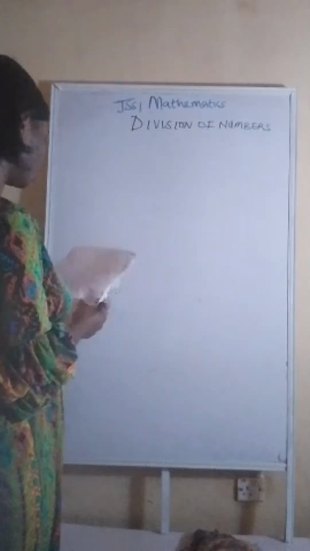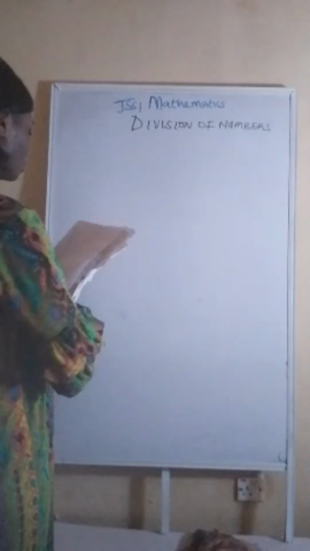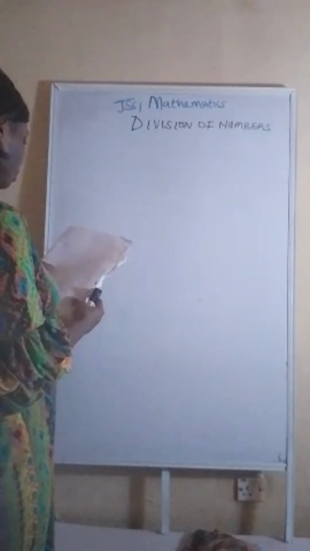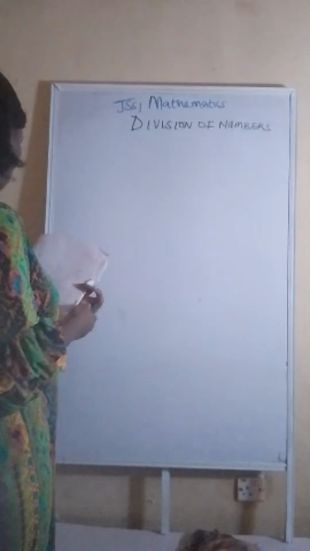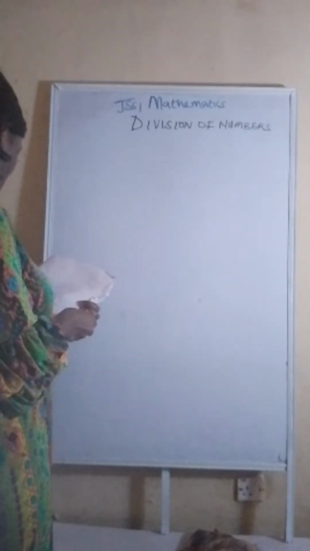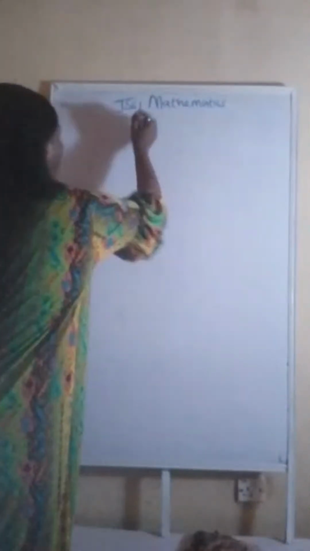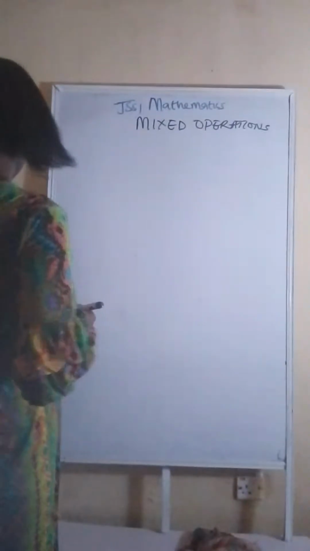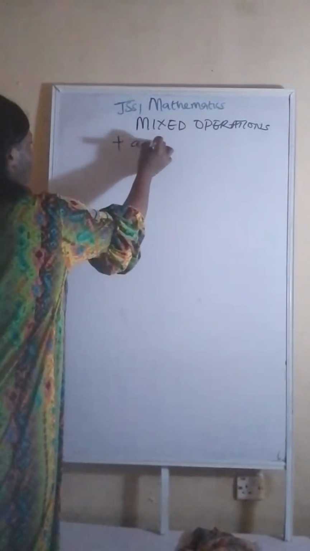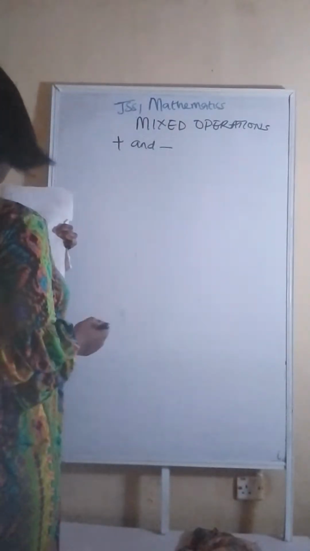So now we are going to addition and subtraction. Addition and subtraction, okay? So that's it. We are on mixed operations. Mixed operations. So that's our next topic now. So yeah, we have two types. We have the addition and the subtraction here, okay? So now let's